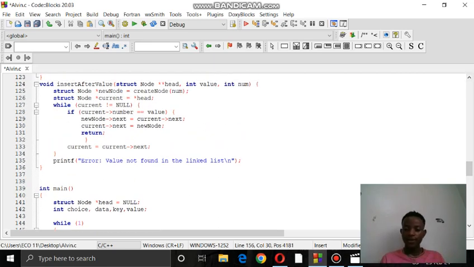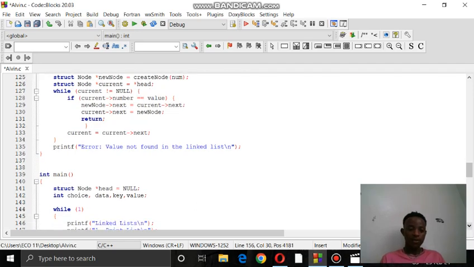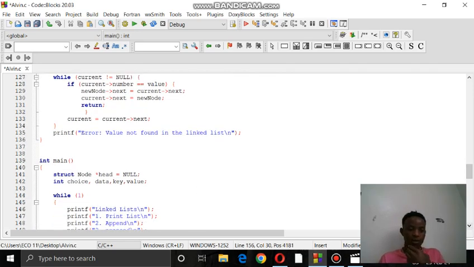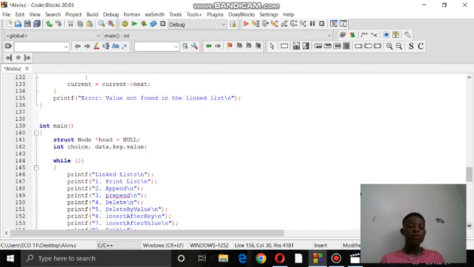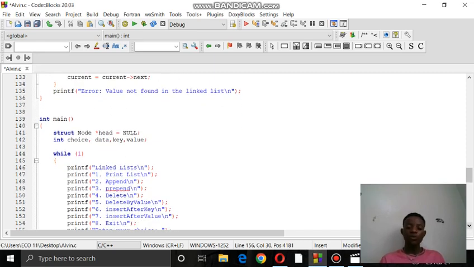We're done with that. So int main, here we are creating a node. Choice, data, key, value will be in form of integers, as you can see we've declared. So while true, we shall print